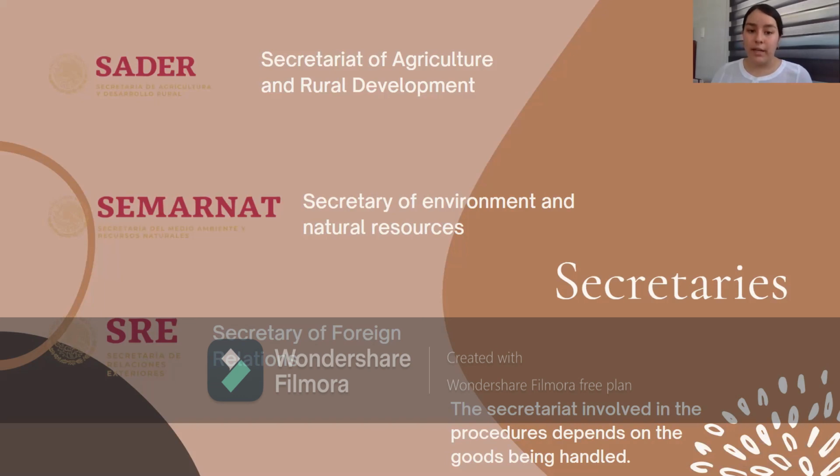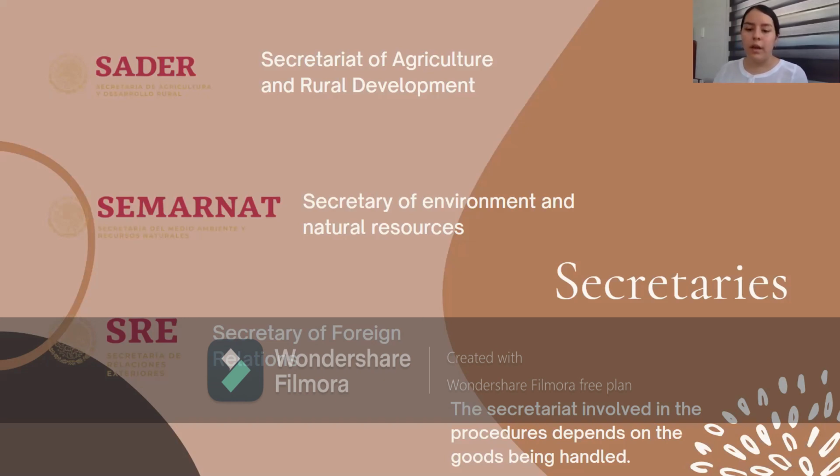Then we have Semarnat, the Secretary of Environment and Natural Resources, which is in charge of checking that imports and also exports are not going to be dangerous mainly for natural resources, such as plants or any type of animal, etc. Finally, we have the Secretary of Foreign Relations, which helps the Secretary of Economy in the case of free trade agreements and certain programs. This is the one that represents our country in international